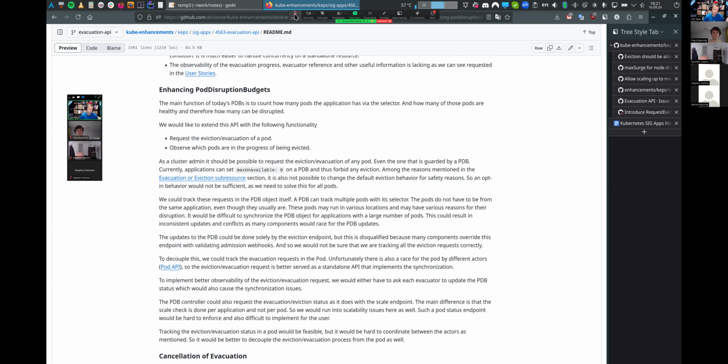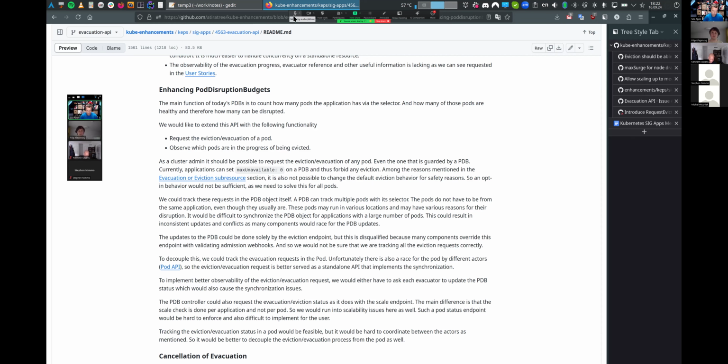Because normally when you specify a PDB, you define the selector, you define whatever are the requirements for the API through min available, max unhealthy, and all that. If you would forward that to the external API, whatever the field would be called, would that endpoint be responsible for giving you all that information so that you can then reflect it in the status of the PDB, but also would it be the point that we're consulting while evicting any particular pod?